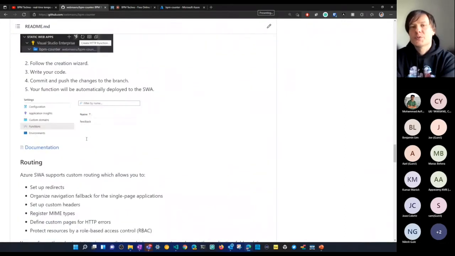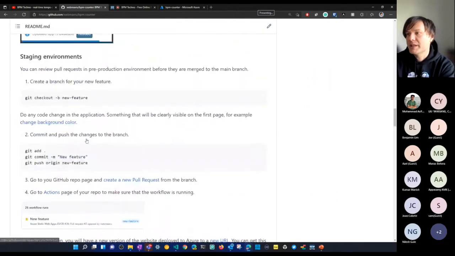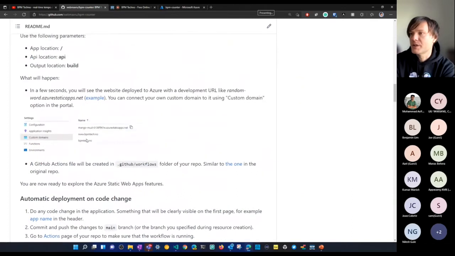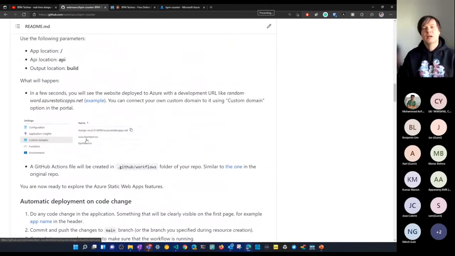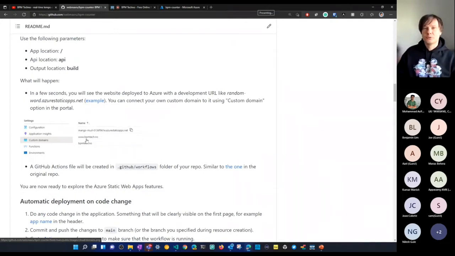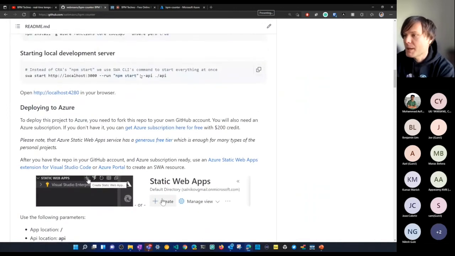So maybe to save some time, today we will not go through all the possibilities I implemented in this application, but you can always refer to this repo and to this guide if you wish to implement some features yourself, or maybe I will inspire you to run a similar presentation for your team, for your friends, for your community. After all, please feel free to use this project as a sample.